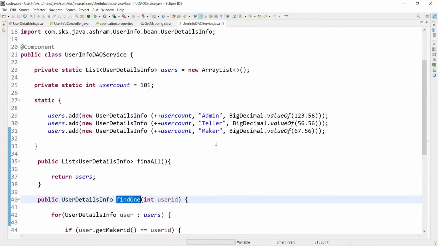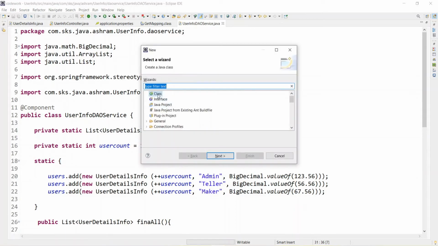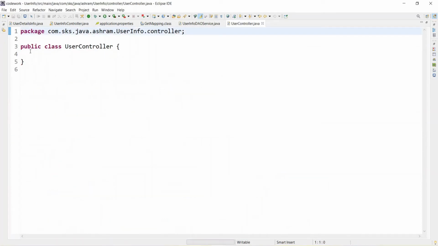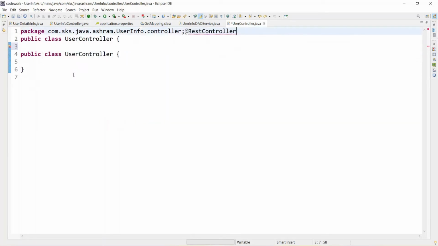So this thing is ready. Now let's write a new controller, let's say user controller, and put it inside the controller package. And let's make this a rest controller.